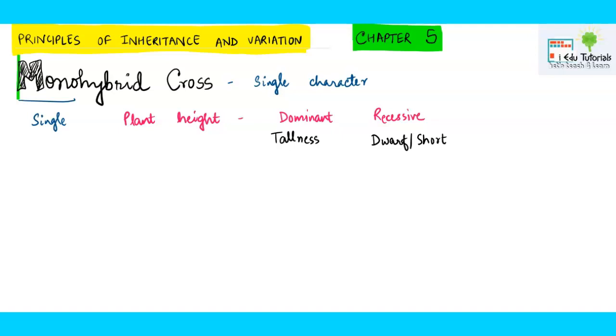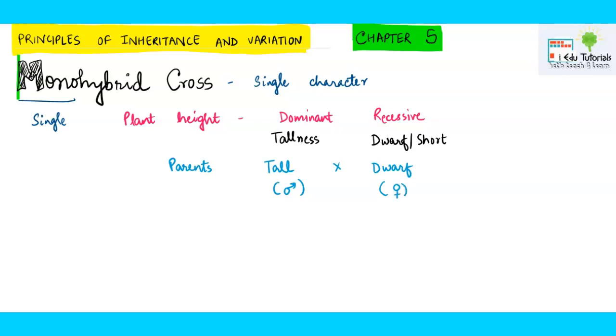Now we are starting with a genetic cross and whatever rules I am going to tell you, you need to follow them when you will be making a cross. So first of all, we will be writing parents and one parent will act as tall and another parent will act as dwarf. Suppose this tall one is a male plant and this dwarf one is a female plant.